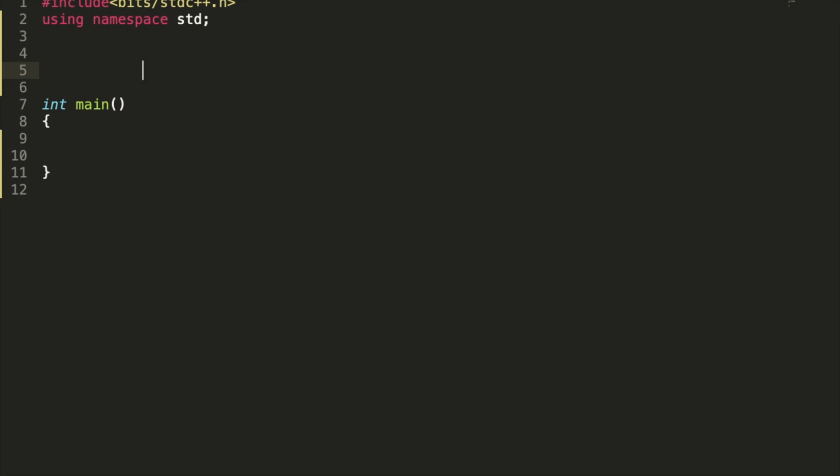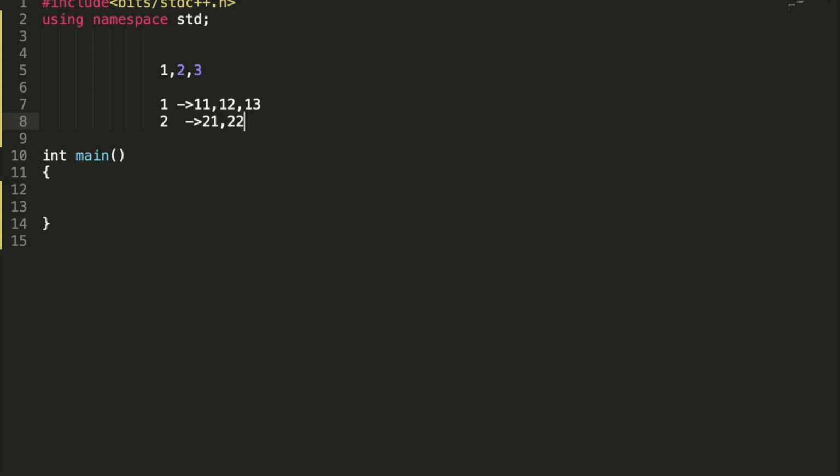And one thing you can observe is that first we are having 1, 2 and 3. Okay, then we will be having 1, and with 1 we will be having all the three numbers, right? Like 11, 12 and 13. Okay, now we will be having 2, and then we will be having 21, 22 and 23. Then we will be having 3, and the series goes like this only. You can see like 31, 32 and 33.